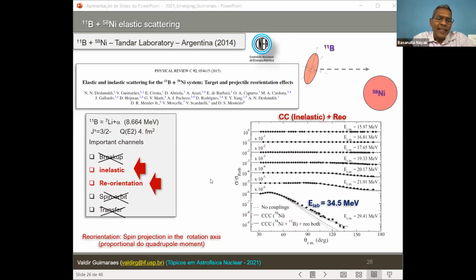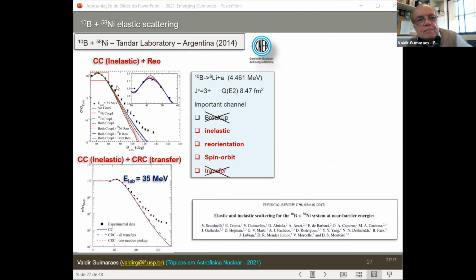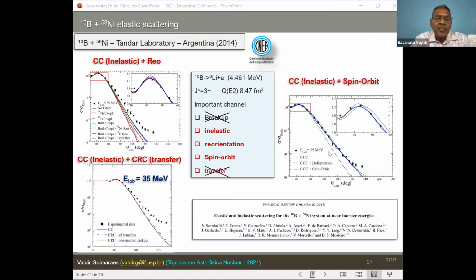Z target, then your reorientation effect should be enhanced. Suppose you took beryllium 10, where you could enhance the spin effect, because beryllium 10 has spin 3 plus. So you could enhance that spin orbit effect. But for the boron 10, I also consider the reorientation, right? The important channel I found is the spin orbit. So the spin orbit makes it different, but I also included some reorientation, because including the reorientation in the